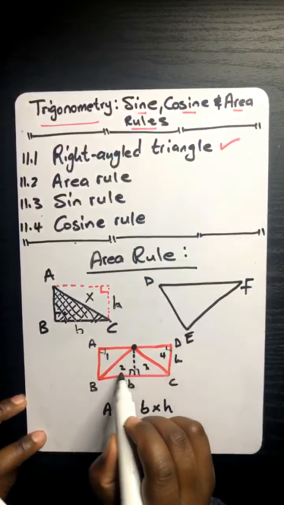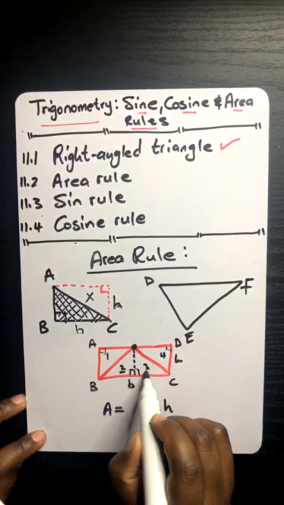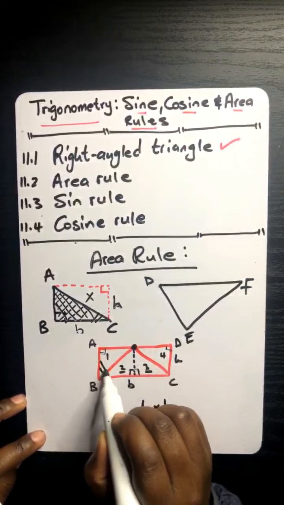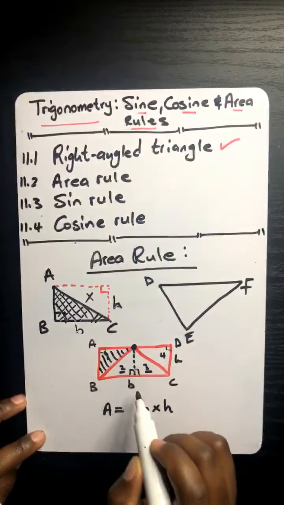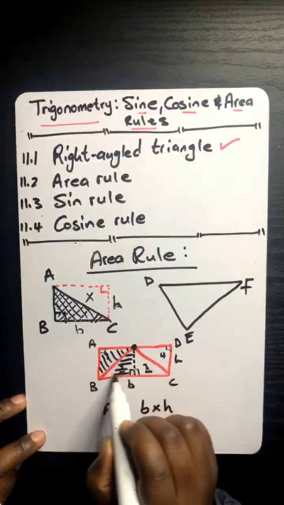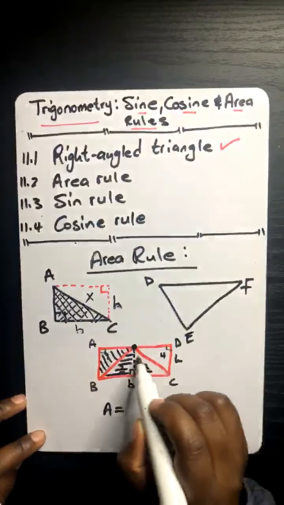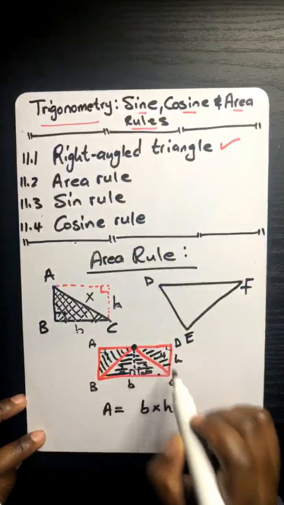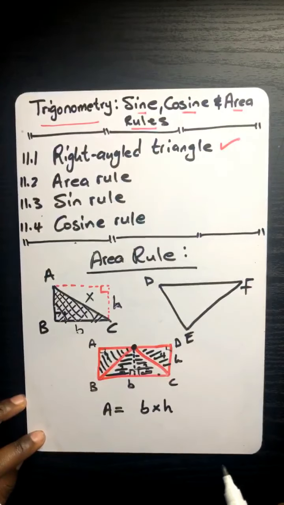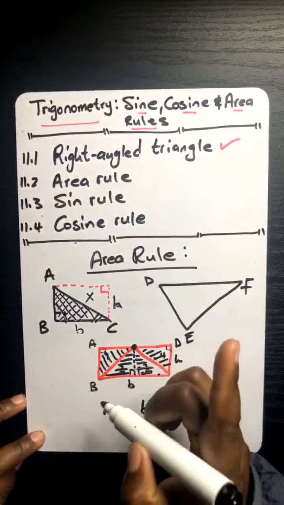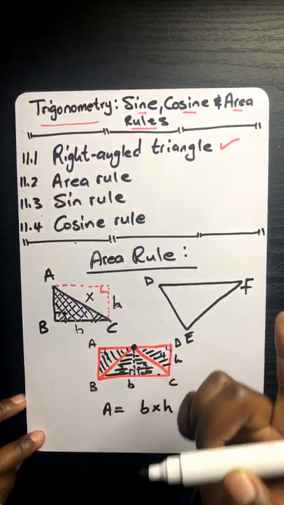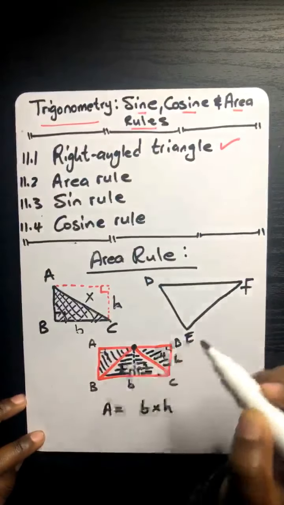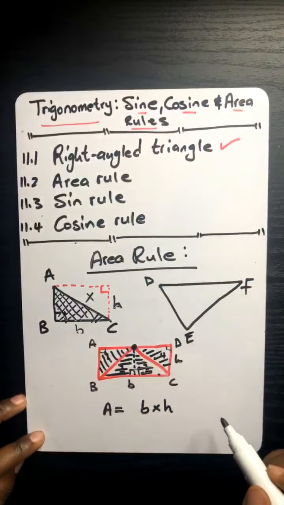You can see that this triangle is equal to that triangle, and this triangle is equal to that triangle. So it doesn't matter whichever the shape of a triangle is. As long as it is a triangle,